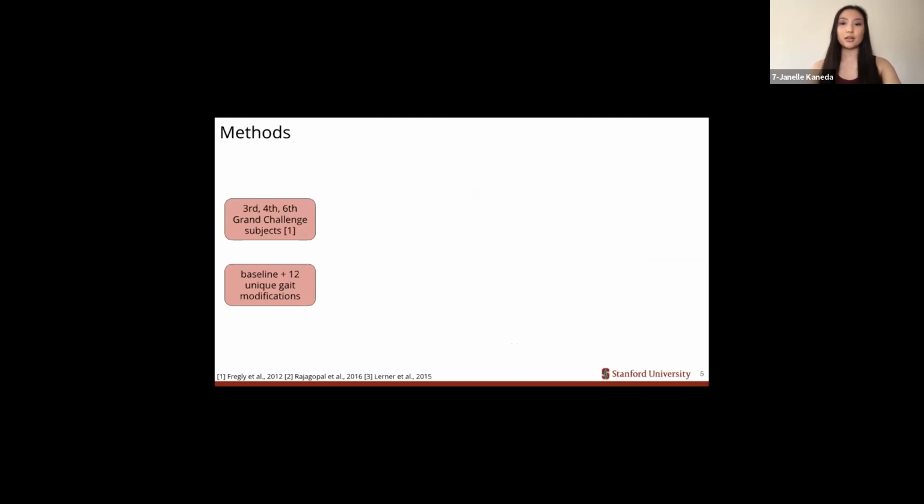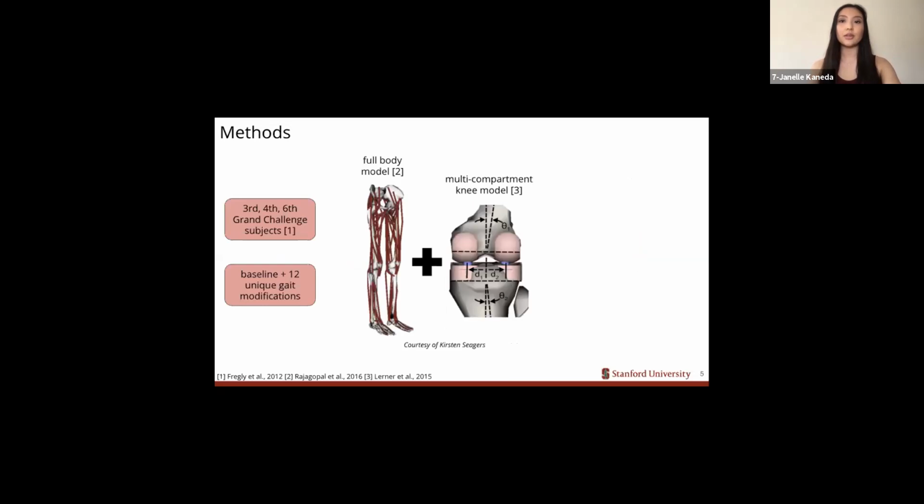We simulated medial contact force for 3 subjects with instrumented knee replacements in the 3rd, 4th, and 6th Knee Load Grand Challenge competitions. Across the subjects, we analyzed baseline walking and 12 unique gait modifications known to induce changes in knee loading peaks. We used standing static poses to scale subject-specific full-body musculoskeletal models with a multi-compartment knee to resolve